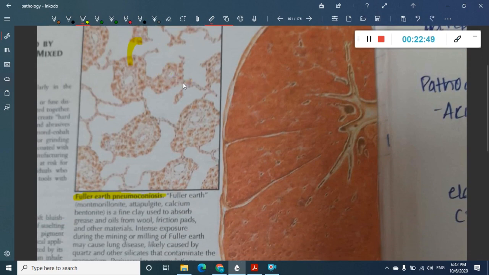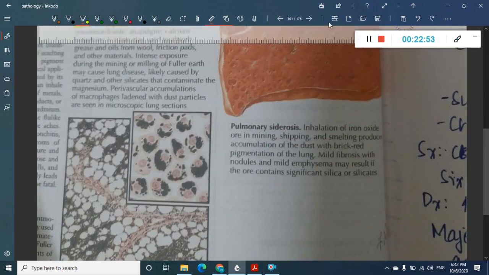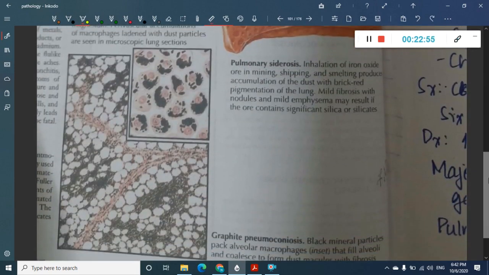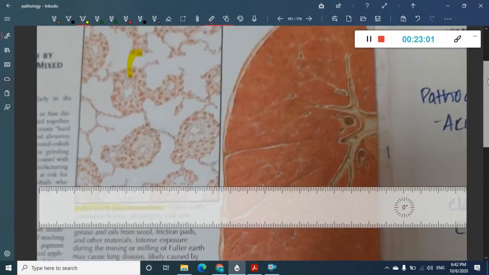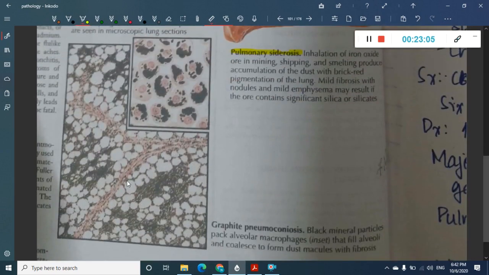Okay, then this is important. Here you see this is called pulmonary pneumocystis. Fine, this one is important, this picture. Okay, what is this? This has been asked once, which is graphite pneumoconiosis. So what is this graphite pneumoconiosis? Here you have black pigment material particles which are seen, all these in the alveoli.